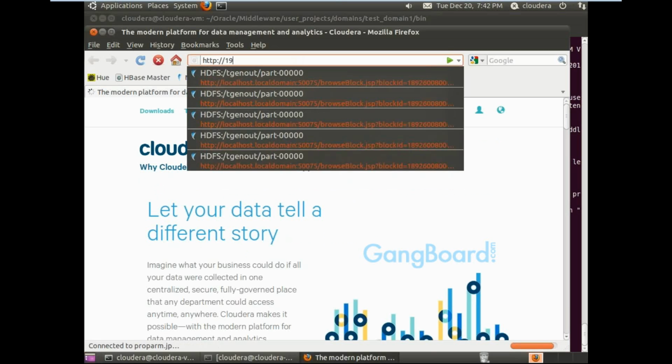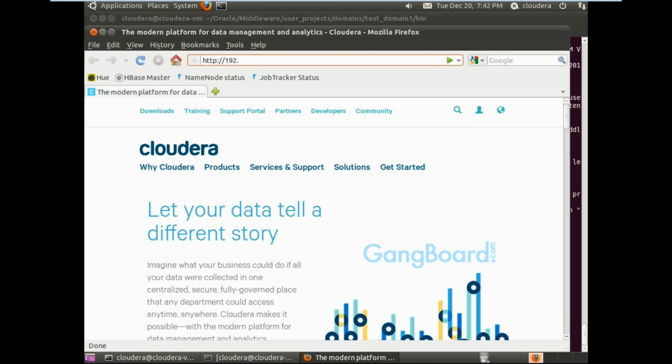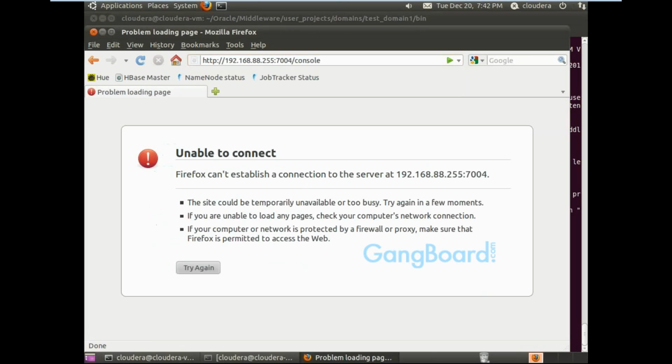Might be some problem with the system. Yeah, there is a problem with the system, I think, because there is no name means no problem with the server.